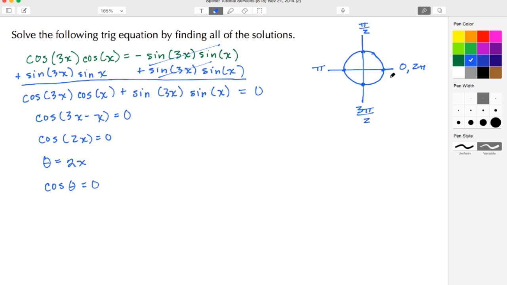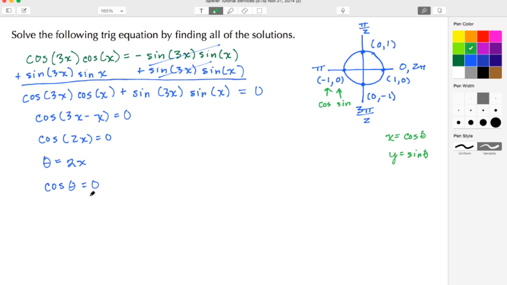So here at 0 and 2 pi, we see the x value is going to be 1, the y value is going to be 0. Up here at pi over 2, the x value is 0, the y value is 1. Over here at pi, the x value is negative 1, the y value is 0. And down here at 3 pi over 2, we have an x value of 0 and a y value of negative 1. Another property that we need to remember is that the x values are cosine theta, and the y values are sine theta. So these here are cosine values, and these here are sine values, and that's true for each one of these points.